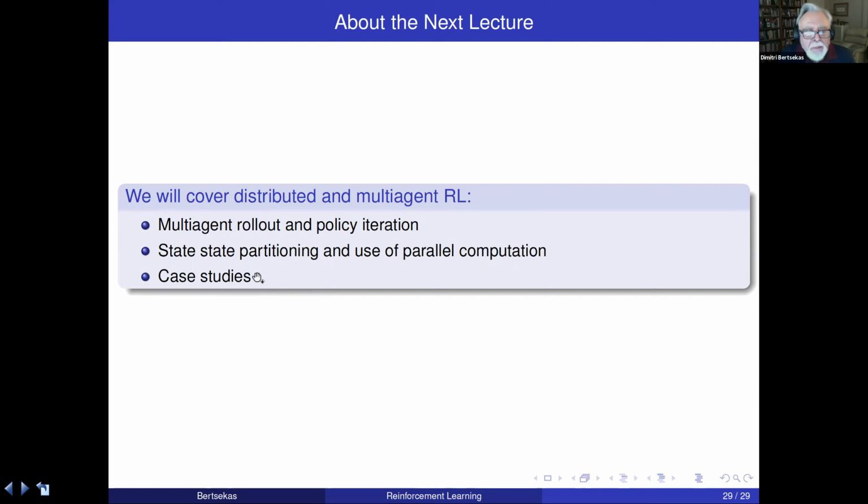One is the POMDP single robot repair problem, but with state partitioning to deal with the large dimension of the problem, the large number of states. And the other is going to be the multi-agent repair problem that I showed